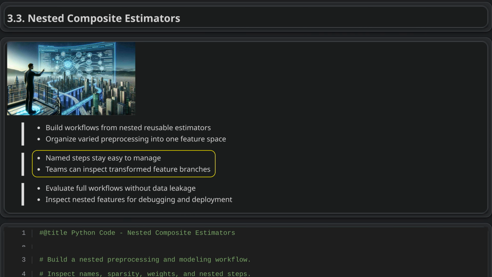Nested composite estimators make complex workflows easier to manage by giving each processing step a clear name, role, and place in the structure. This lets teams adjust or replace parts, such as scaling, encoding, or feature handling, without rebuilding the whole pipeline. The result is a modular workflow that makes it easier to understand how raw data is transformed into